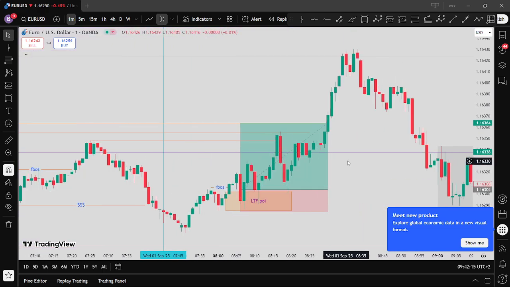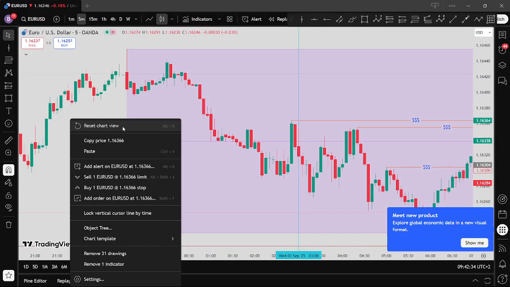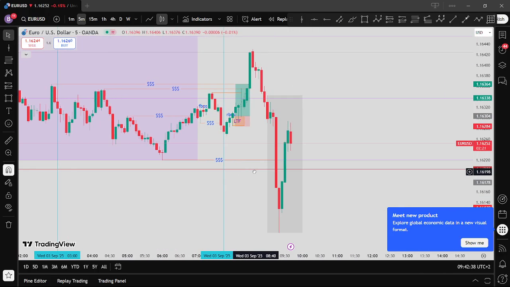Oh, how did I feel when I entered? I felt very confident, because I haven't been entering physically. I would just look at the charts and be like, okay, I would enter here and I'd enter here, and price would actually go where I wanted it to go. So that gave me a little confidence. So before I entered today, when I looked at the charts, I was really confident. So when I entered, I was confident, even though